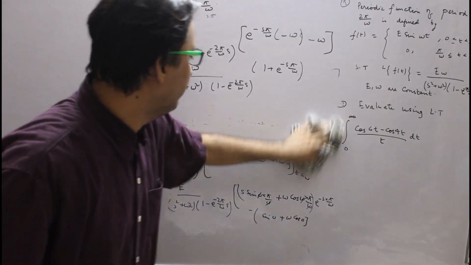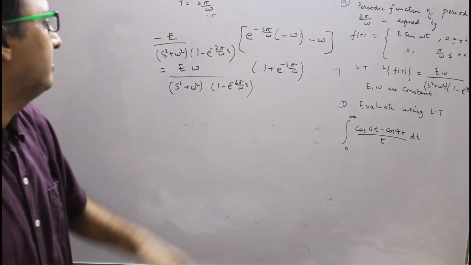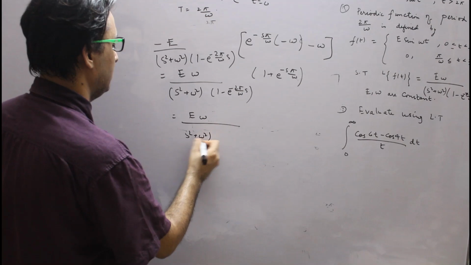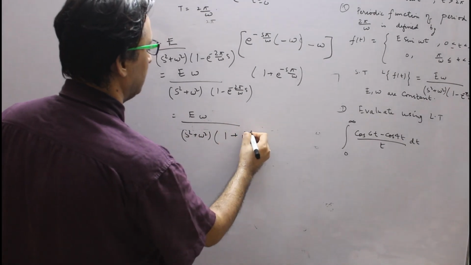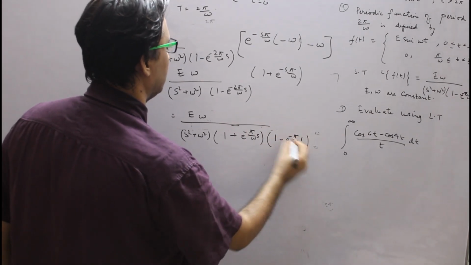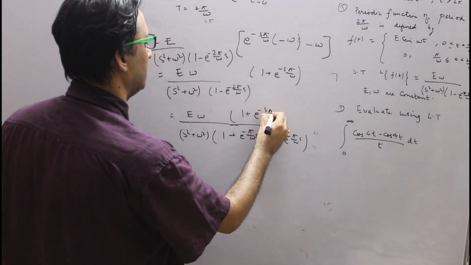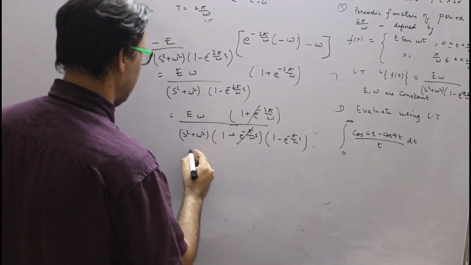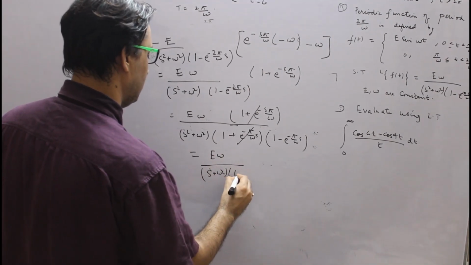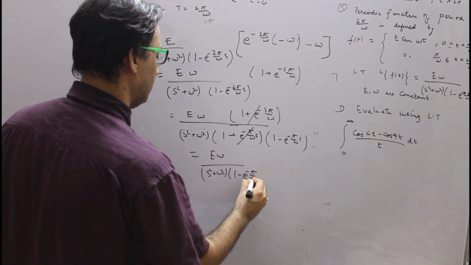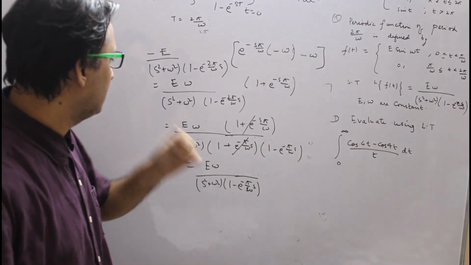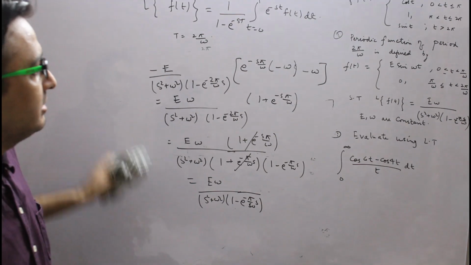So we can factorize this, e omega s square plus omega square, so this becomes 1 plus e to the power minus pi omega s into 1 minus e to the power minus pi omega s, and this gets cancelled. So we get e omega s square plus omega square 1 minus e to the power minus pi omega s. So this was the result that we are seeking, and we have got the result. Now we will take the third question,